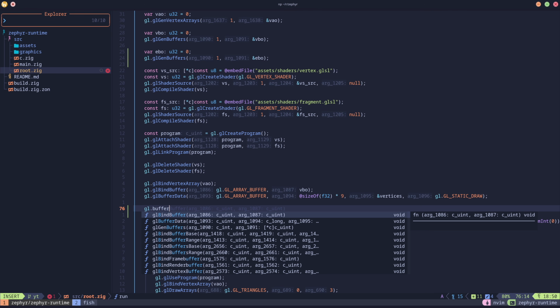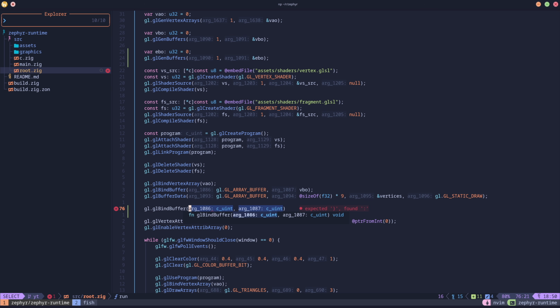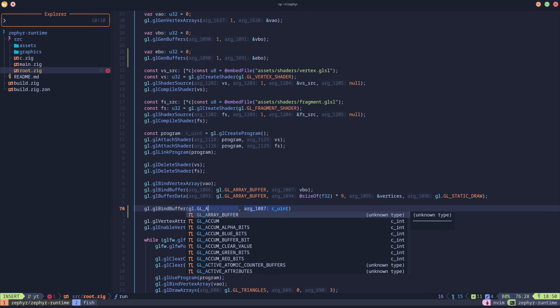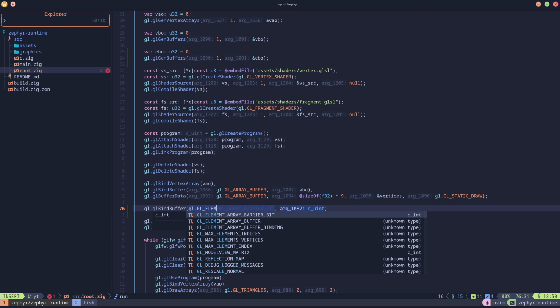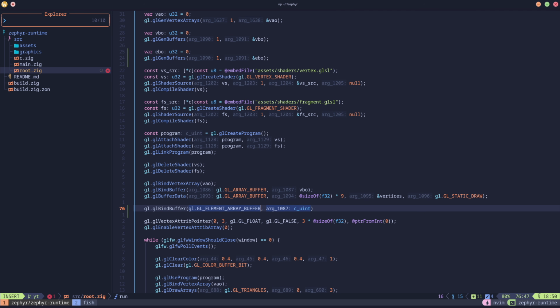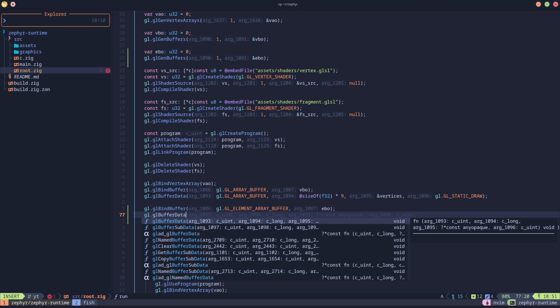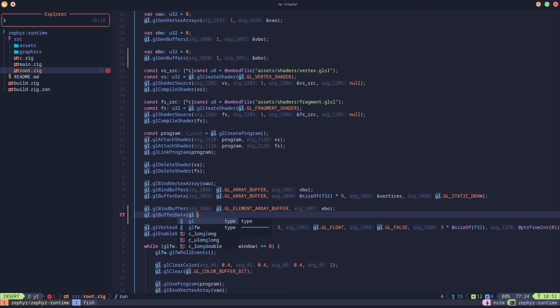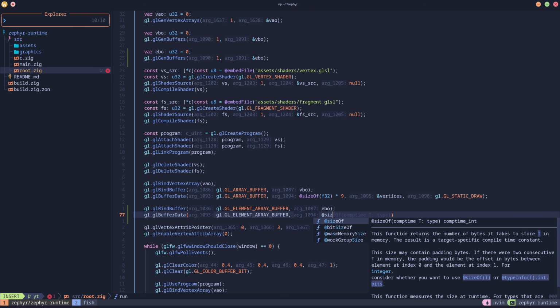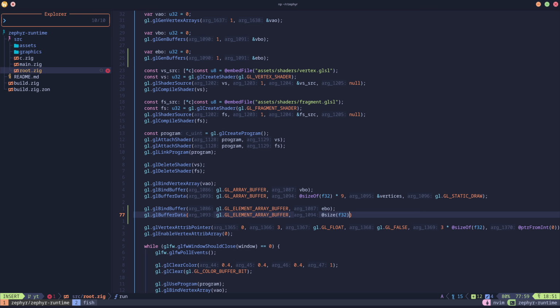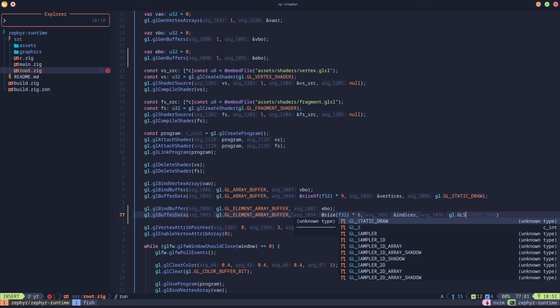So let's do buffer, or bind buffer, GL bind buffer. There it is. GL, and like I said, it's element array buffer this time. So now let's do buffer data to bind the data, and same thing, element array buffer. And this time, size of F32s, we have 6 of them in there, 6 indices, and the rest are all